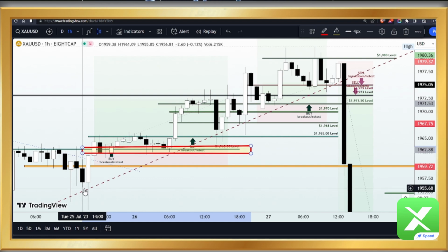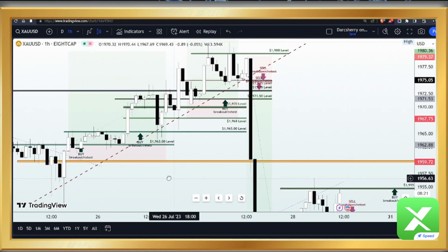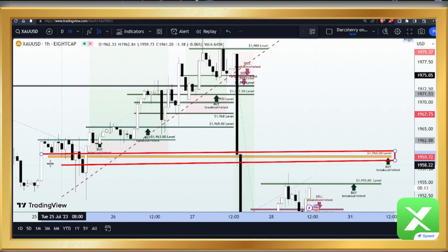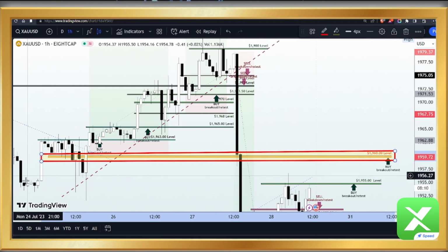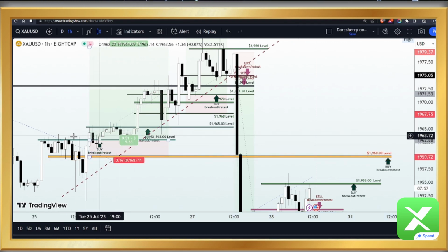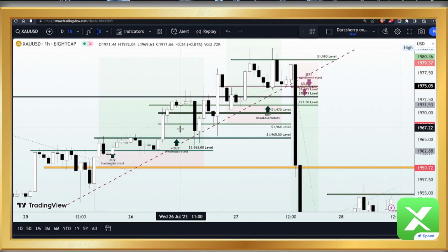to our positions. And for the fact that price remained above our key level, remember our key level for the week on the XAUUSD is the 1960 area, which of course, when price remains above our key level, we want to be looking out for patterns and structures that will support the idea of buying that asset. Now, for the fact that price remained above our key level, coupled with all these structures we identified around the 1963, we captured that bullish move and we went on to add more positions, had the breakout of levels such